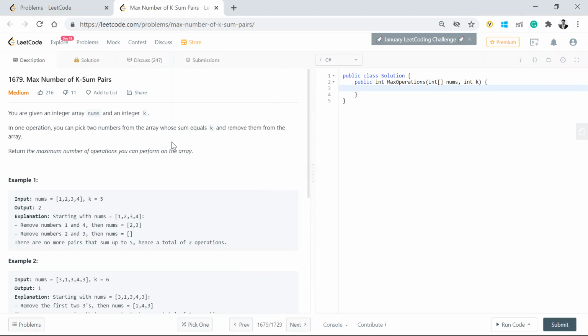Now, what the question says: we are given an integer array nums and an integer k. In one operation, we can pick two numbers from the array whose sum is equal to k and remove them from the array. What we have to do is return the maximum number of operations you can perform on the array. So if we understand correctly, we are given a value